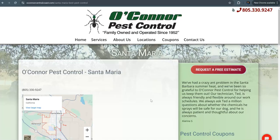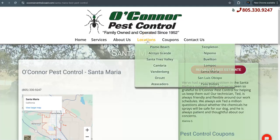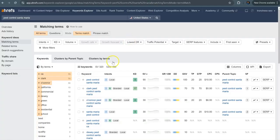searching for. So we're going to go over some of the keywords, and I did want to say that you guys are doing an excellent job of this already. You've got all your service areas separated out here in your locations, and you're using some of the keywords on each one of those service areas. So looking at Santa Maria, pest control Santa Maria, we can see that this keyword gets searched 90 times every